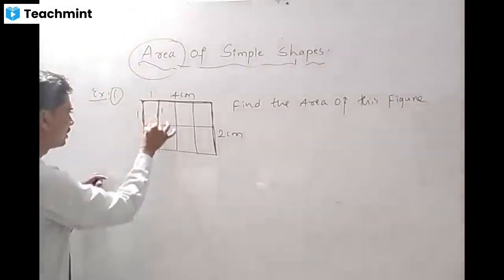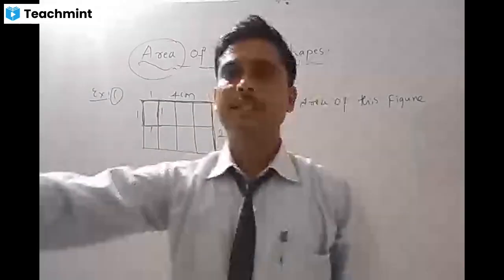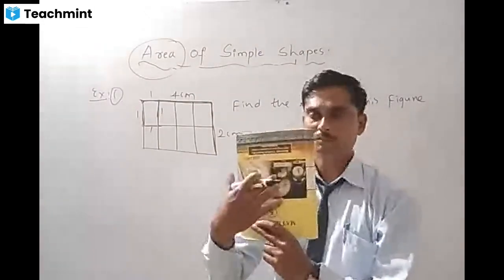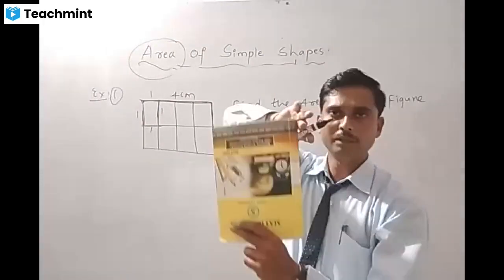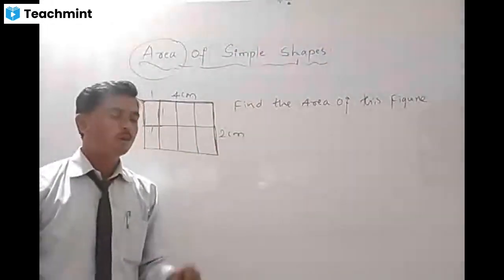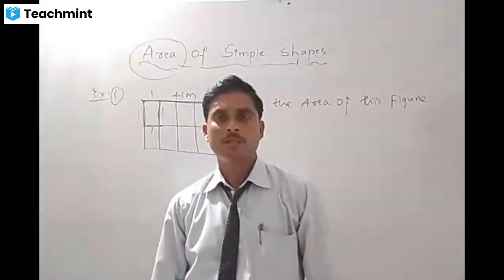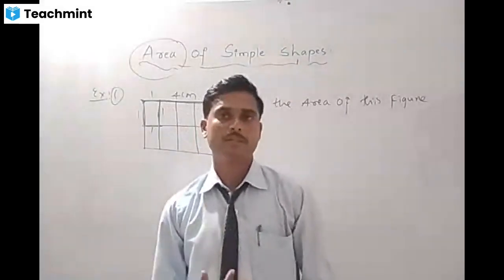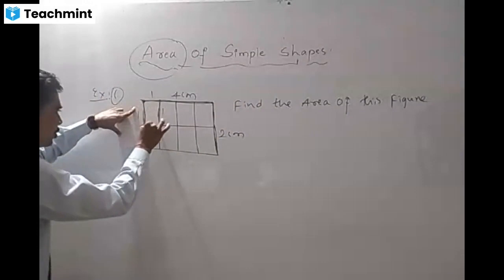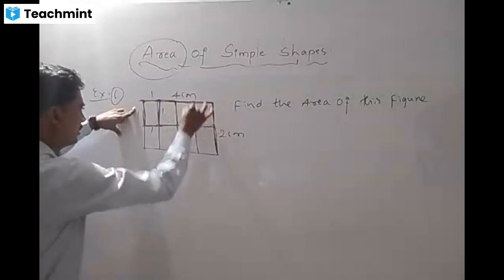Okay, this is one box, all sides. All sides means both sides, because this is one textbook. This textbook here also 1 centimeter, here also 1 centimeter, here also 1 centimeter. All sides should be same length means, all sides are same length means that figure we call which type of figure that is? Sir, that is square figure. That is square figure. Then square figure means here 1 square figure, here 1, here 1, here 1.